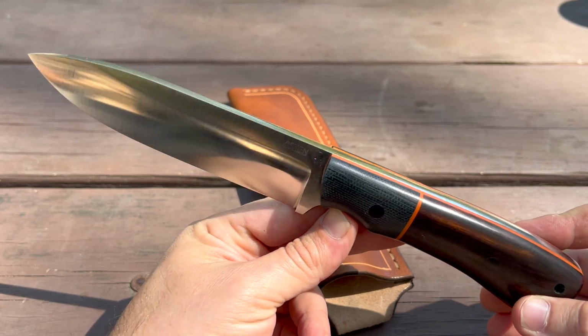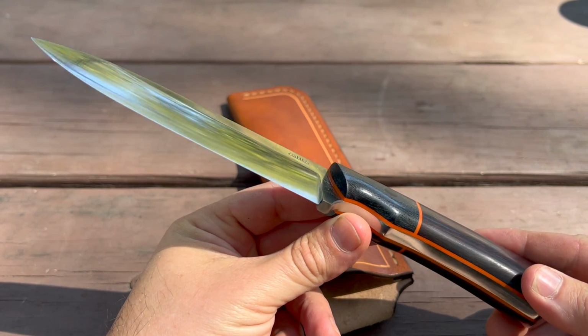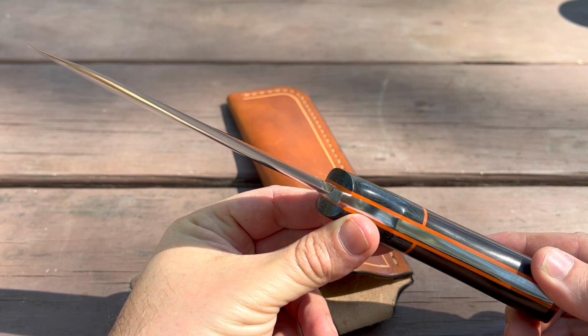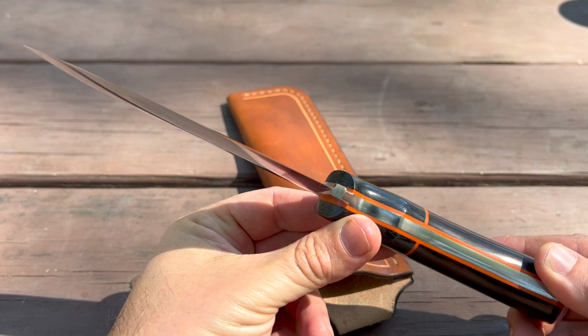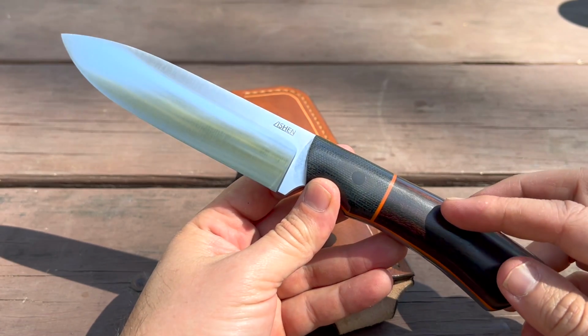A lot of people don't like thick blades nowadays, which I totally understand. But the way he does his geometries, can you tell how thin that is? Yeah, this is convexed, and it is an absolute slicer. He did a fantastic job on this one. This is desert ironwood,